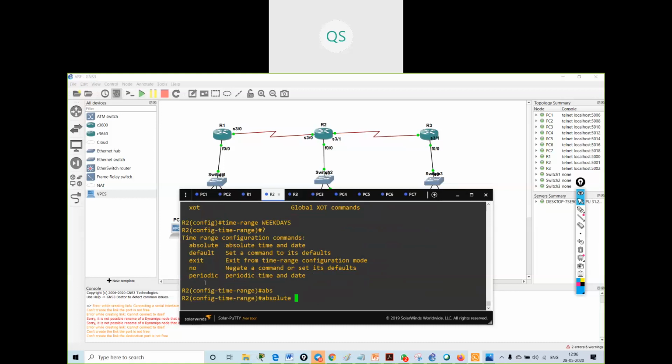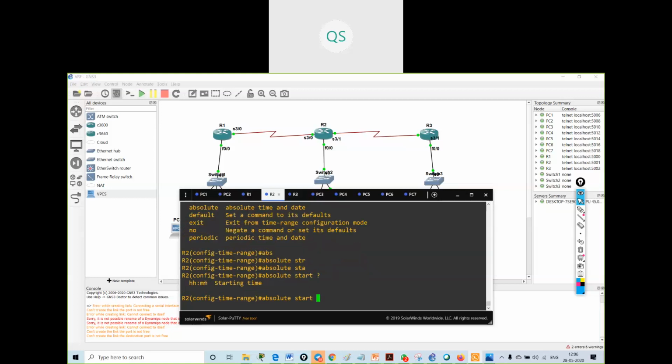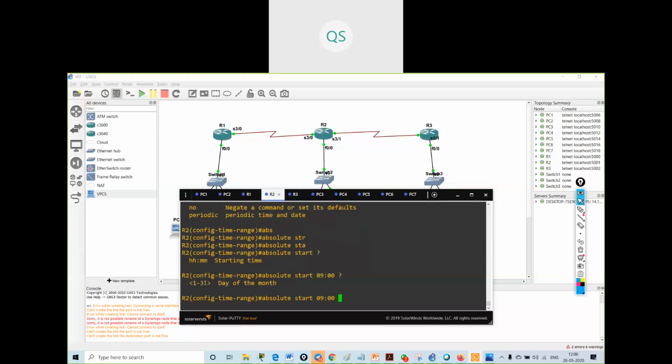I will give absolute start. It is asking me for the start time. The start time is 0900. Then it is asking for the day of the month, then month, Jan, then year, 2002.